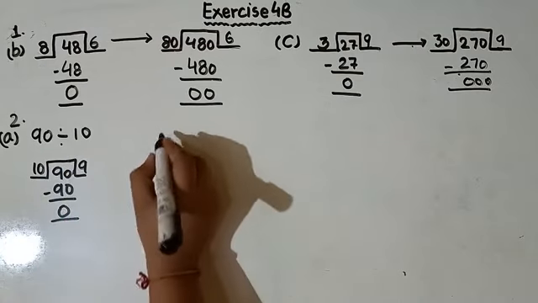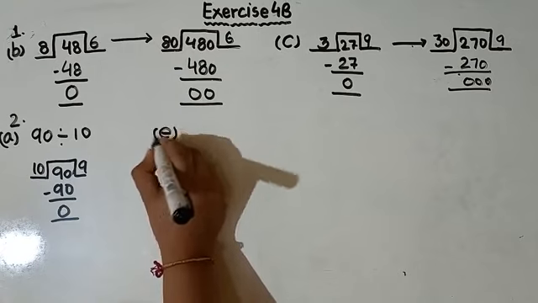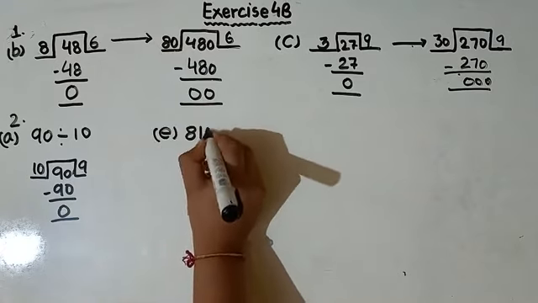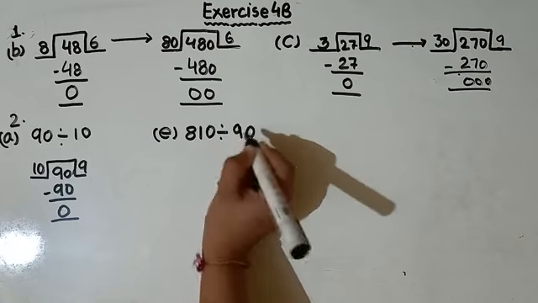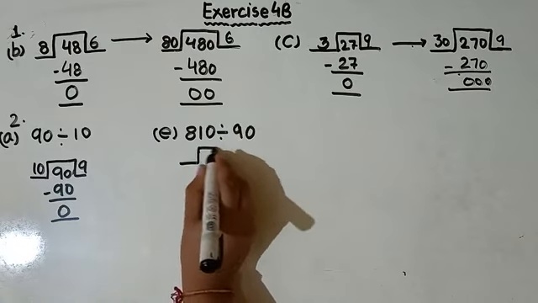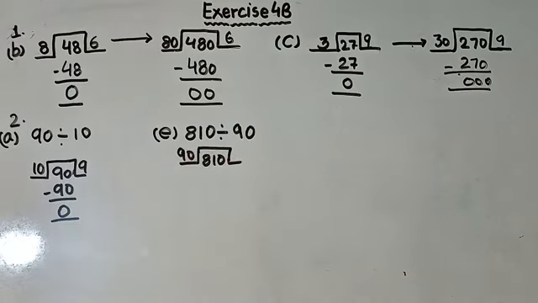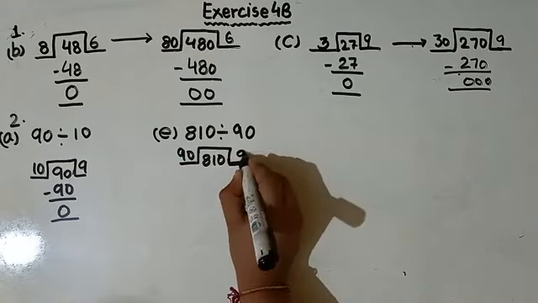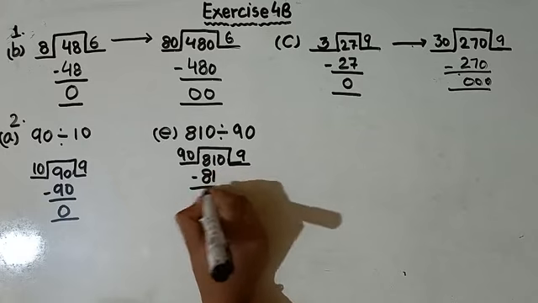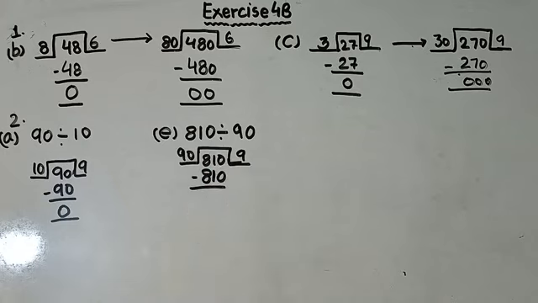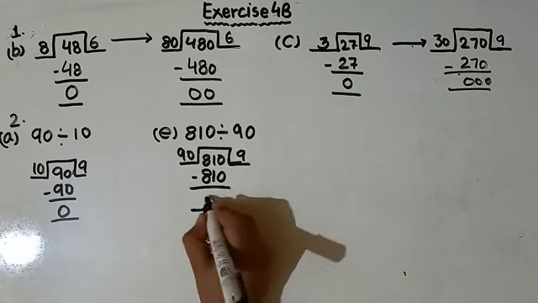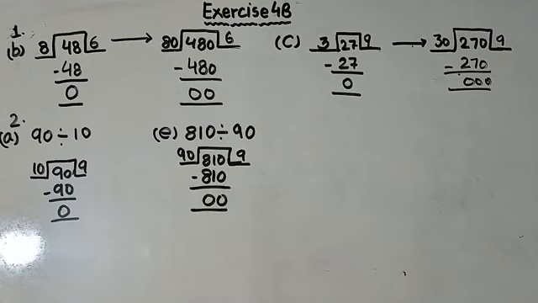Now I am helping you with E part. Here we have 810 divided by 90. Okay. See, we can take the table of 9. In the table of 9, how many times does 81 come? 9 times. So 9 here, 81 is here. See, we will put 0 here, because here is the table of 90. Is that clear? This is just similar to this one. Okay, so 810 minus 810 we get 0.